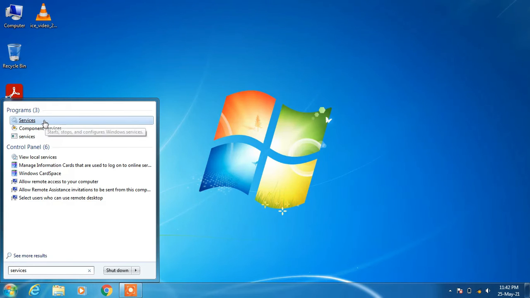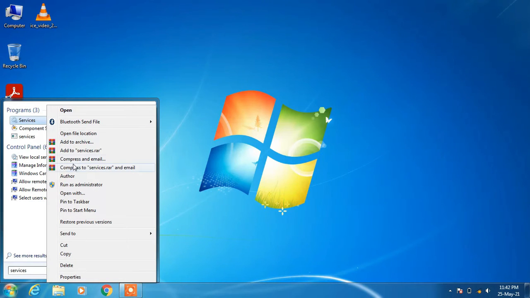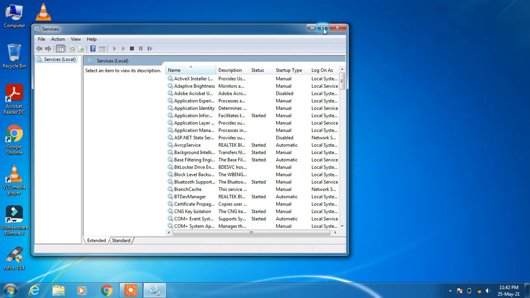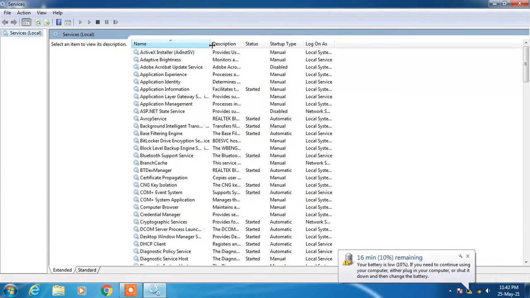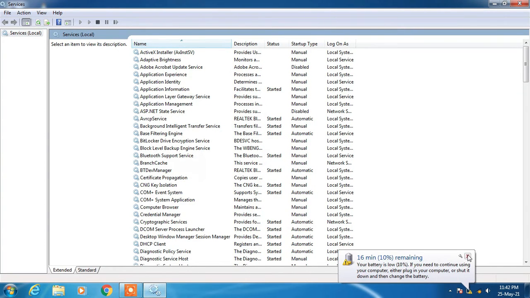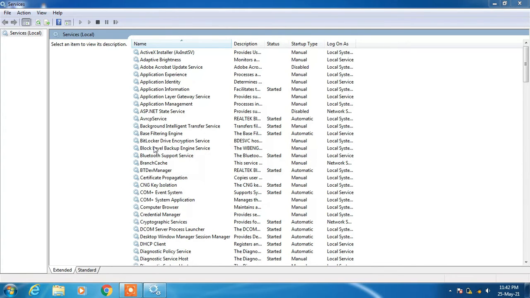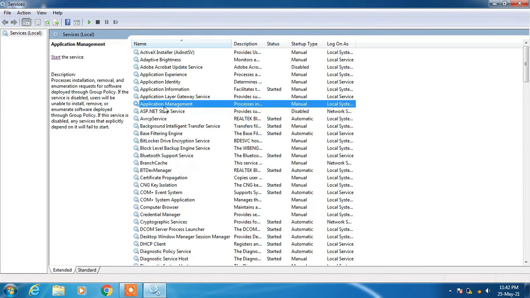Now just right click over this search result services and click on the option run as administrator. Now in this list of services, just search for Windows Update.